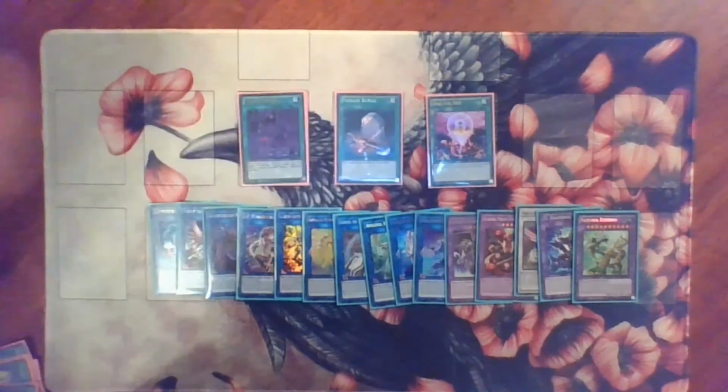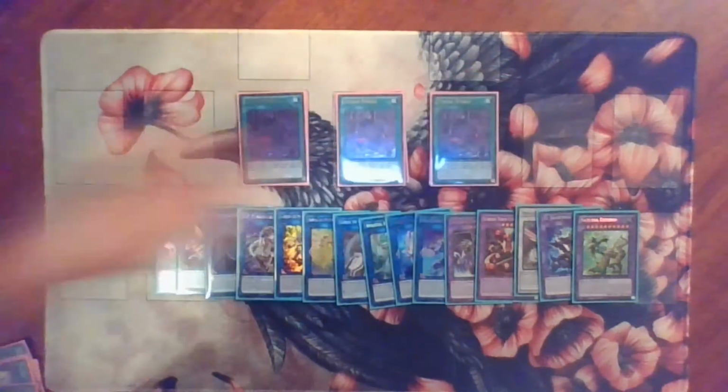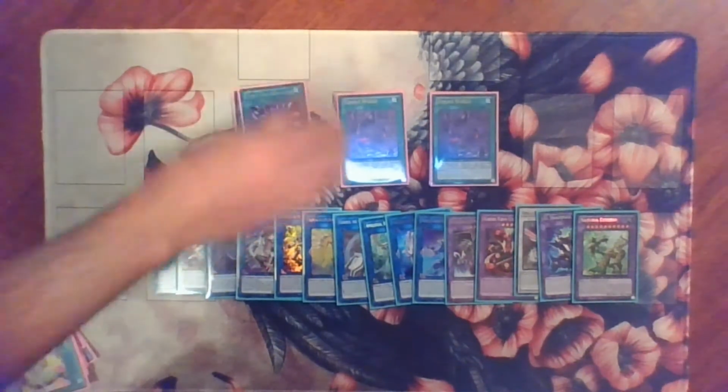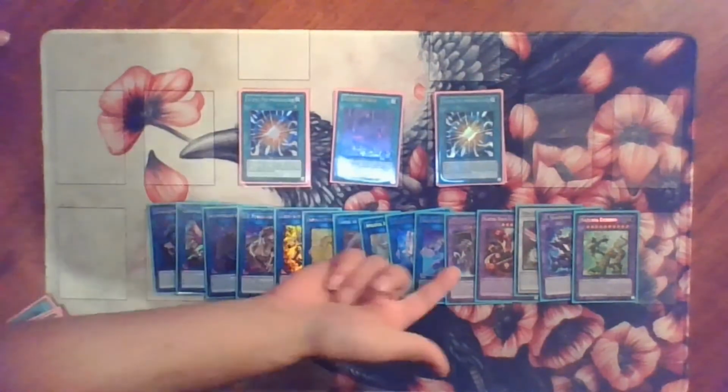Obviously, 3 Zombie World. It's a zombie deck. If you're not playing Zombie World in a zombie deck, and by the way, Eldritch is not a zombie deck, it's an Eldritch deck, then you're doing something really wrong. Super Poly is really abusable because if they have 2 monsters on the field and Zombie World's up, you can make